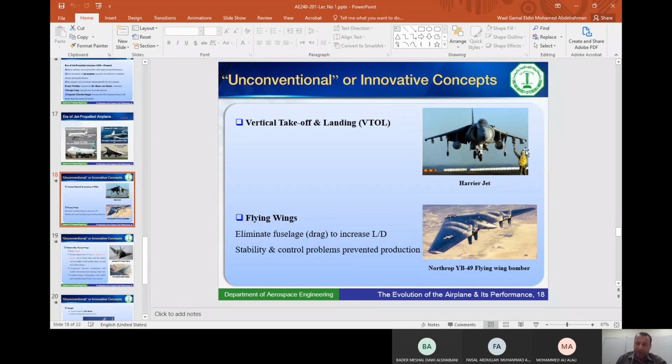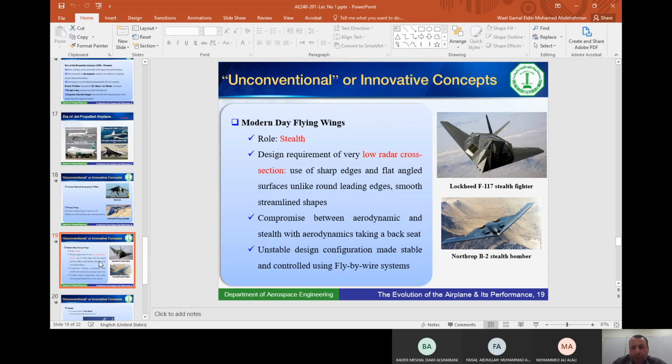So they decided, let's have a flying wing like this one, only to find out that it has stability and control problems that were not solved until recently, when computers were introduced on board the aircraft to control. A flying wing is essentially uncontrollable, although it flew, but it cannot be properly controlled. And if you look at earlier videos of this aircraft, you will see that it was wobbling right and left. That's the best the pilot can do. But with onboard computer controls,